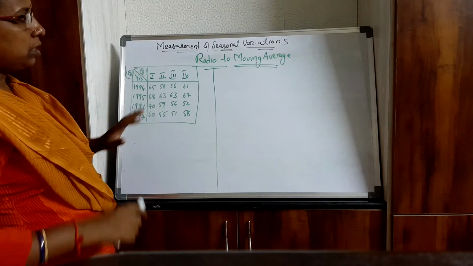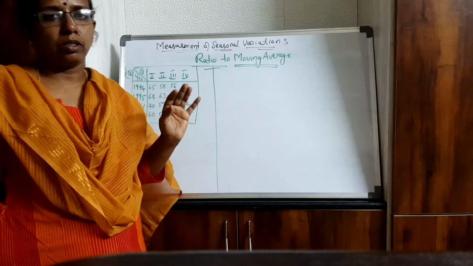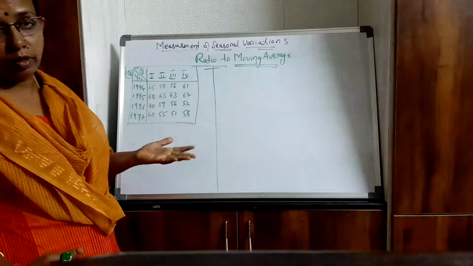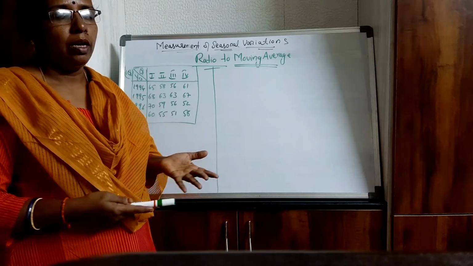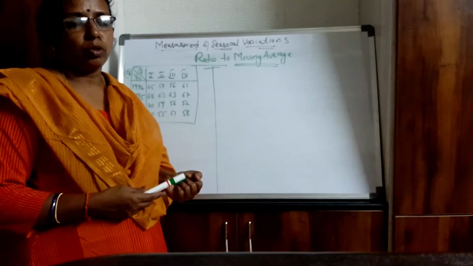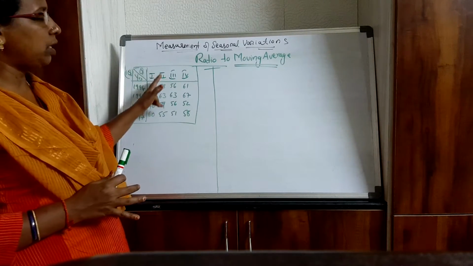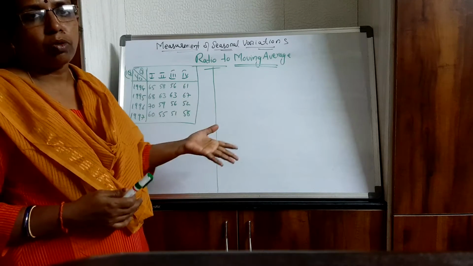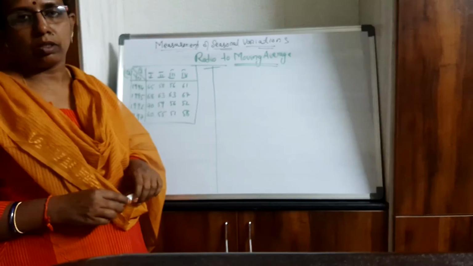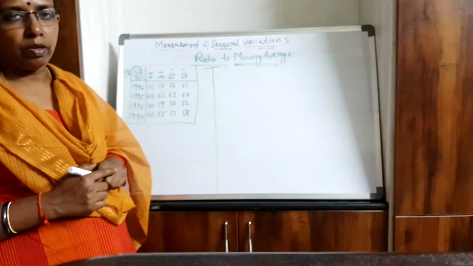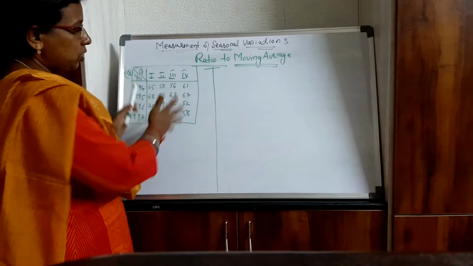So first in this method, you have to calculate moving averages. Which order moving average you have to find, whether it is 2 yearly or 3 yearly or 4 yearly or 10 yearly, we don't know. So how to decide that? You have to see the data. Since the data is given in quarters, you have 4 quarters. So we'll find 4 quarterly moving averages. To find these, first you should rearrange this data.